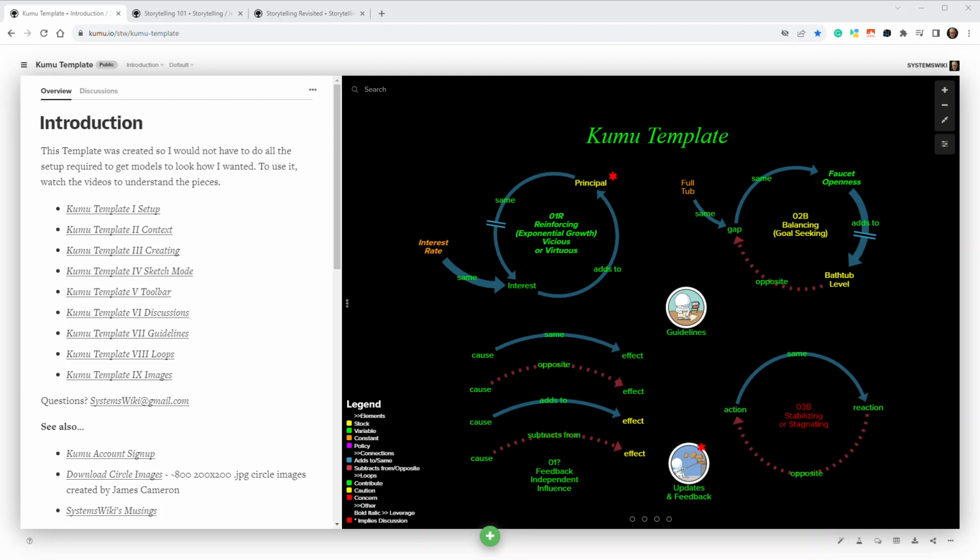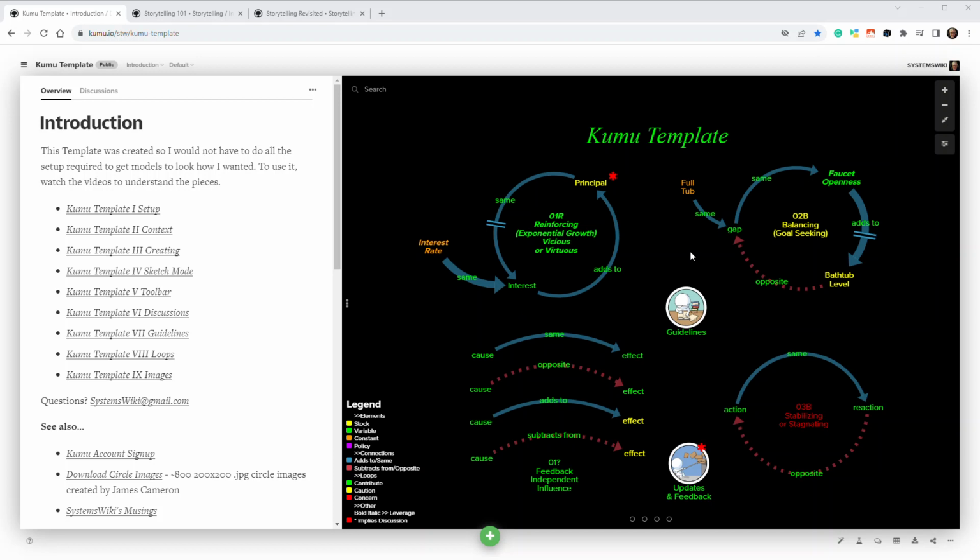I think it's appropriate to say a few things about loops. When you're developing the model, I said you want to use non-directional noun or noun phrases for the elements. And when you make the connections, you always ask the same question. If A increases, what happens to B? Depending upon whether B increases or decreases, you can identify the connection is either adds to, same, or subtracts from,